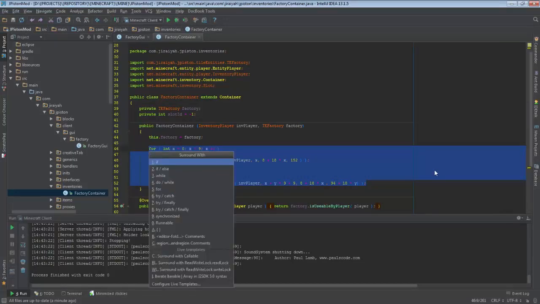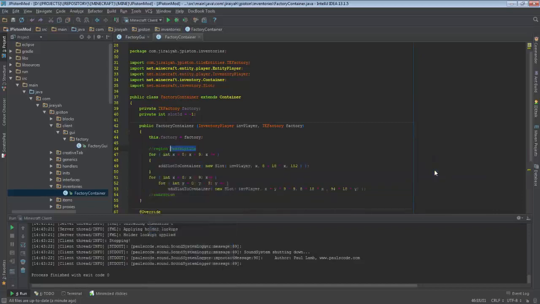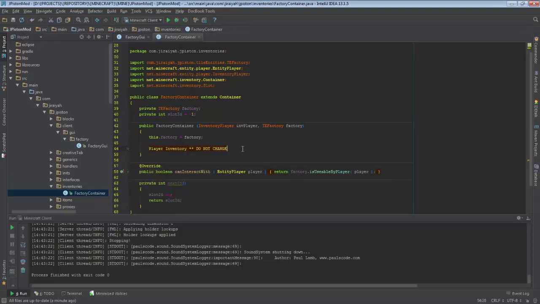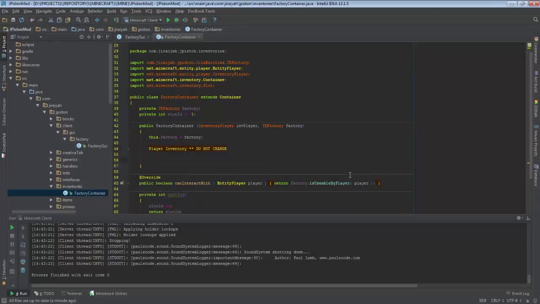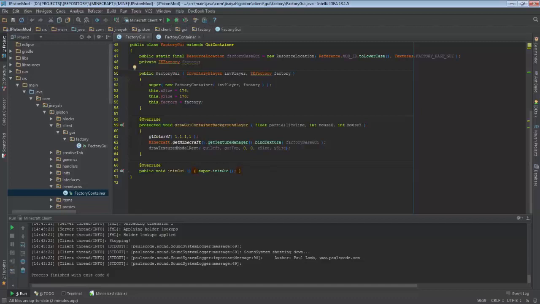Okay? Now let's put a region around this because we don't have to do anything with that anymore. We say this is player inventory and the comment: do not, let's capitalize it, DO NOT CHANGE. Okay? And now we can close it. Bam. We don't have anything to do with the player inventory anymore. Now we need to add more slots. But why? Well, for the time being, we will go back to the GUI factory GUI,